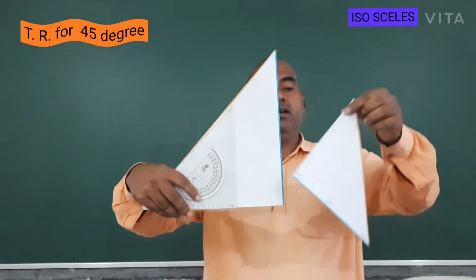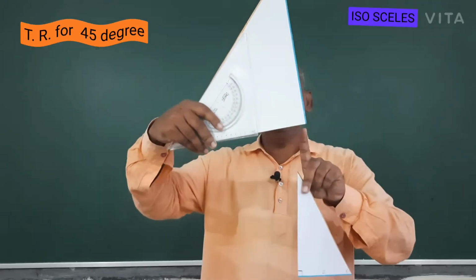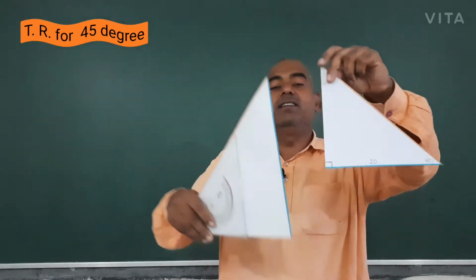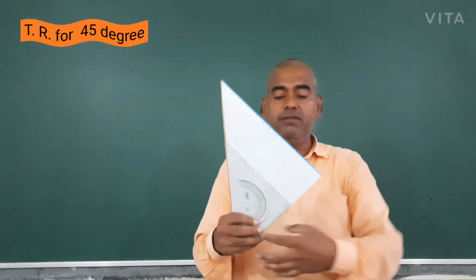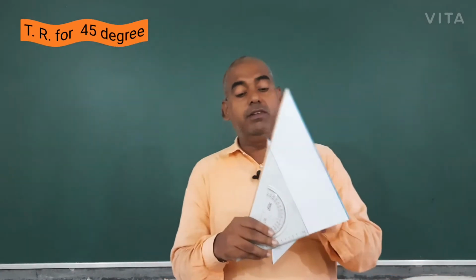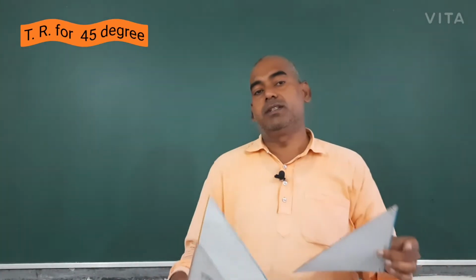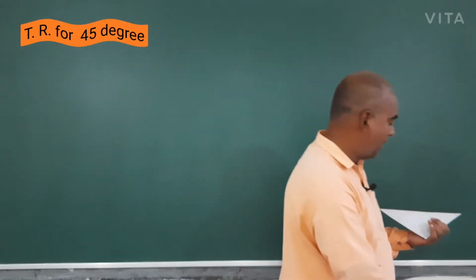So that's why while we teach, we usually say measure at least one side. Otherwise, if you measure all the 3 angles, that will be the same, 45, 45, 45. But which side is which of the triangle, you can't confirm. So that way at least one side should be measured, and I have made it.